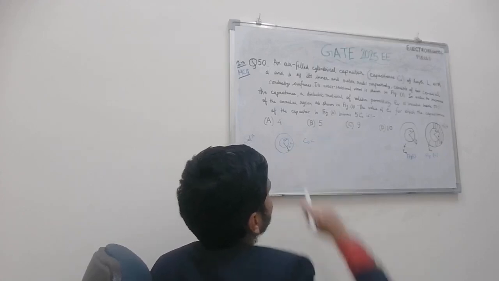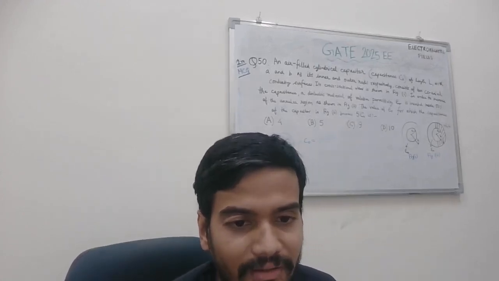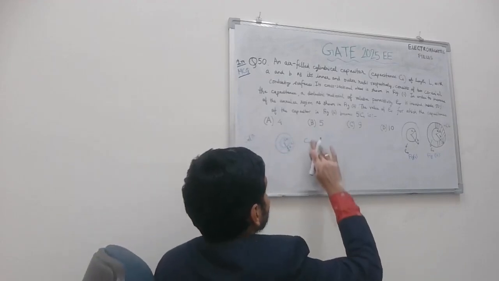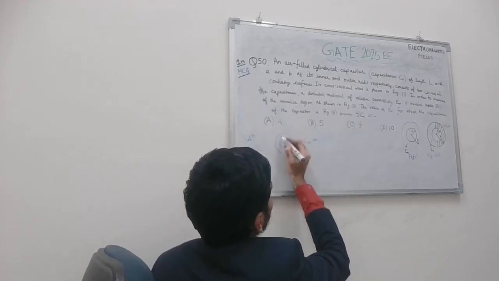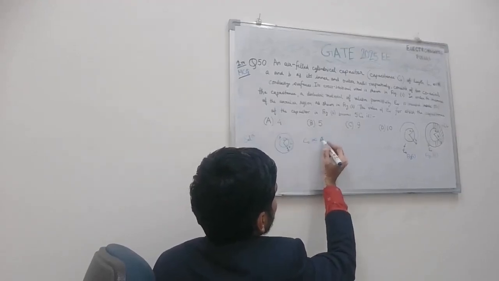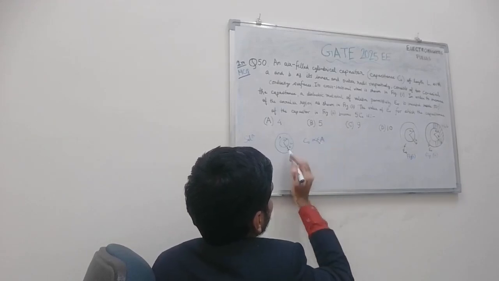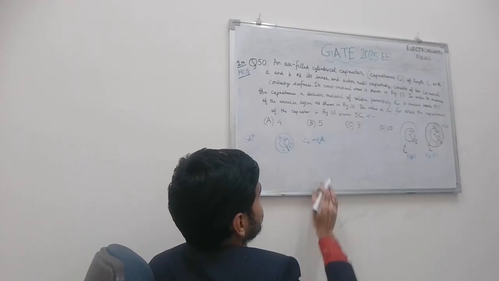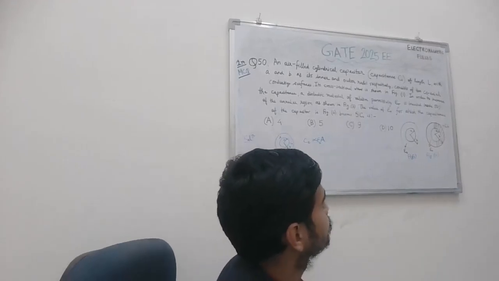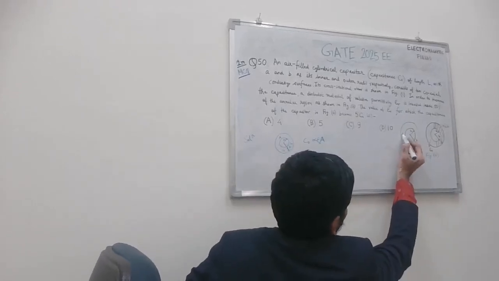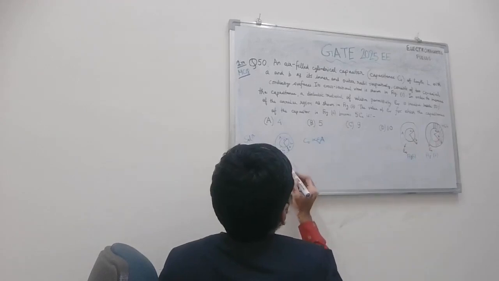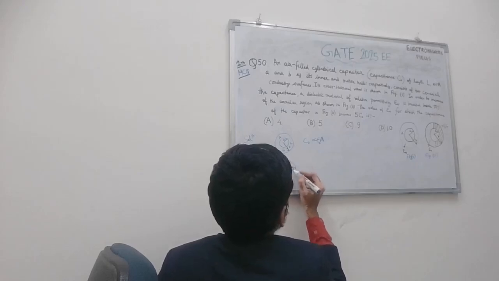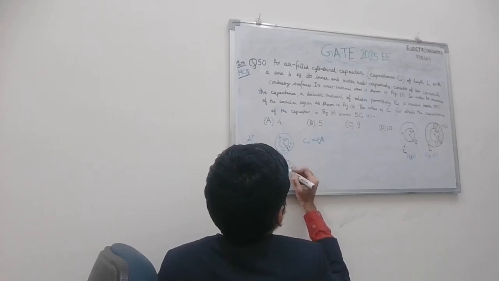Let's not calculate C naught. We can calculate C naught also, but it is not required. So C naught, what you can say, is directly proportional to this area. Let's say this area is A, and epsilon naught, because epsilon naught is the permittivity of free space that is forming the capacitance. If this area is entirely A, in the second figure what we have is this A by 2, this A by 2. This is again radius A, this is B.